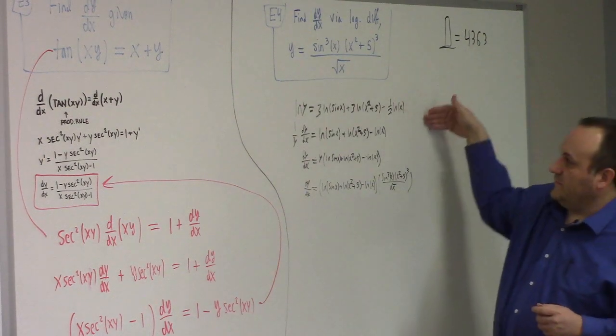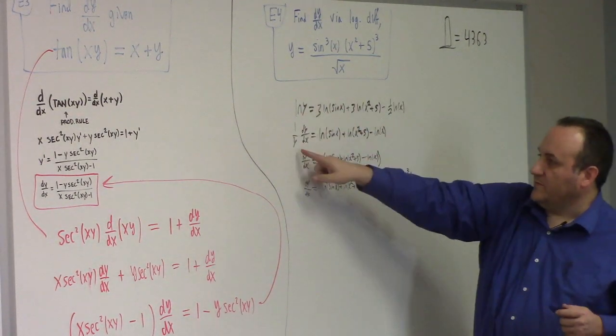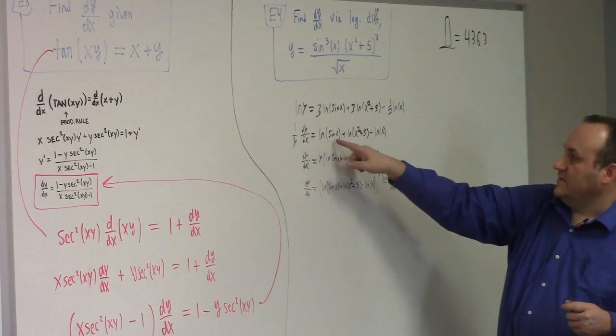And then you differentiate with respect to x, both sides. We get the chain rule here. 1 over y dy dx is